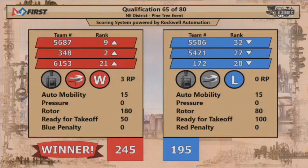The good news is that brings, sorry, I'm looking at the right match. Yeah, that brings the Norwell Robotics team up to 2nd in the ranking. And it brings the outliers up to the very top of the, not in the top 8 yet. So we'll see how that goes over the rest of the qualifying matches. But they certainly